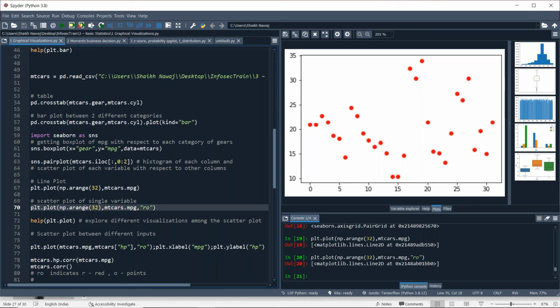Here we just plotted one column, the mpg column, miles per gallon column of our mtcars data set, and we used np.arange, just the values from 1 to 32. Now let's plot the scatter plot between two different columns of our data set.